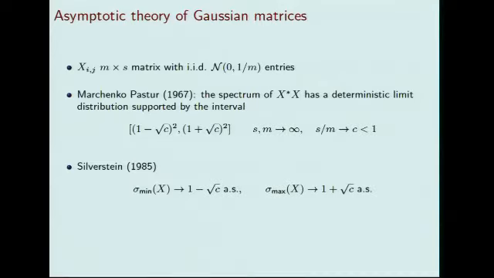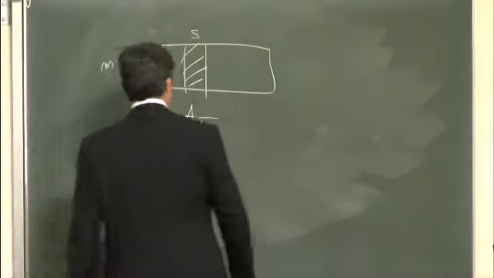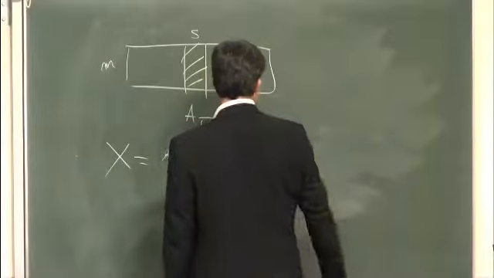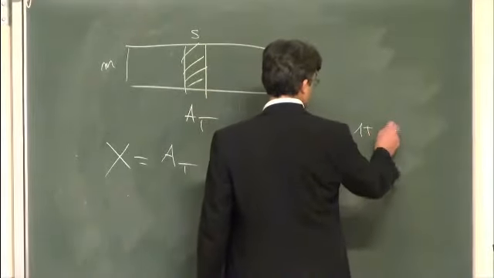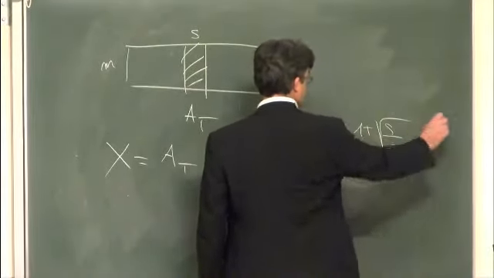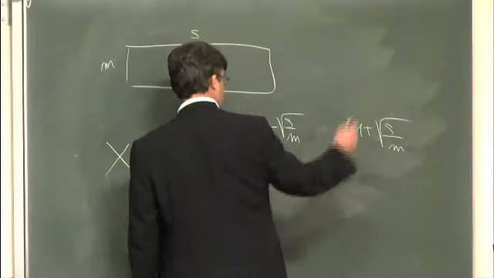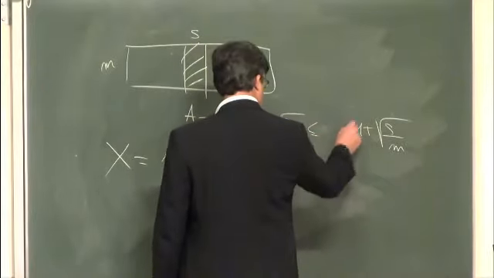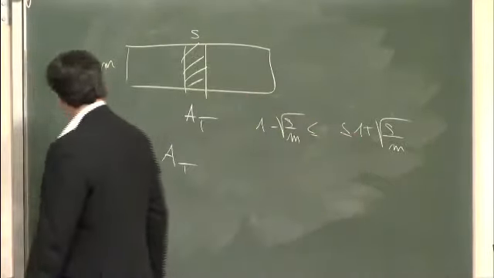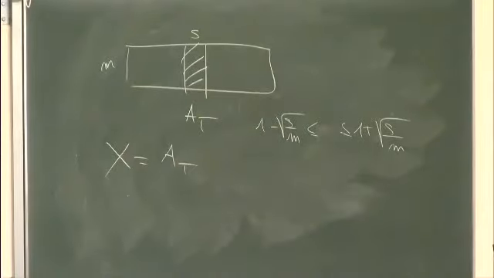So we have a good chance, because what it means is that essentially, if we believed in asymptotics, our matrix will be well conditioned, since all of its singular values would be between 1 minus square root of S over M and 1 plus square root of S over M. So I just need to make sure that S is a bit smaller than M, and I would have good conditioning automatically.